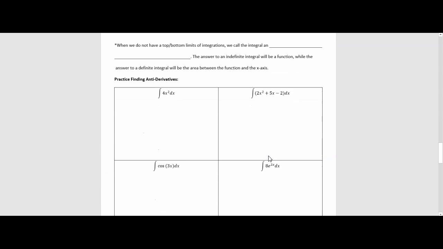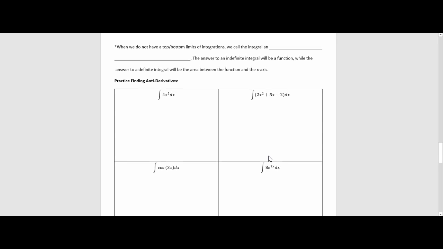What we are going to do, though, is do a little bit of practice finding some antiderivatives. So first off, though, when we do not have top or bottom limits of integration, we call the integral an indefinite integral. And I'll show you an example of that in a second. An indefinite integral is an antiderivative. Okay, so if I have,